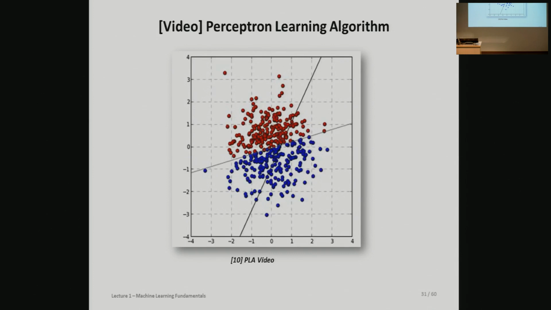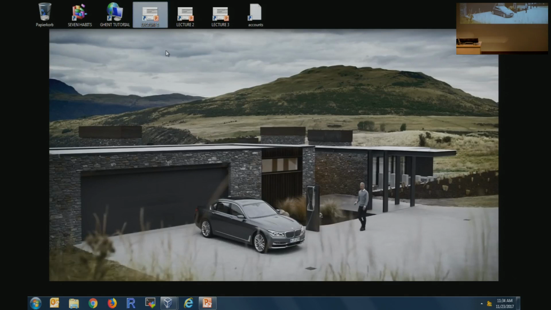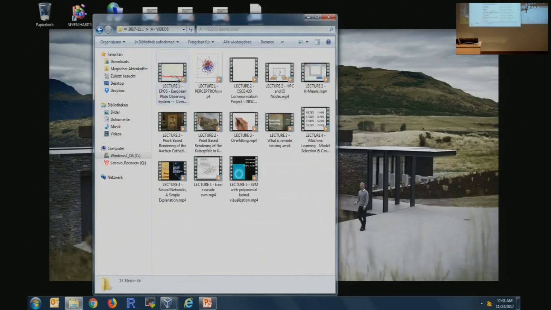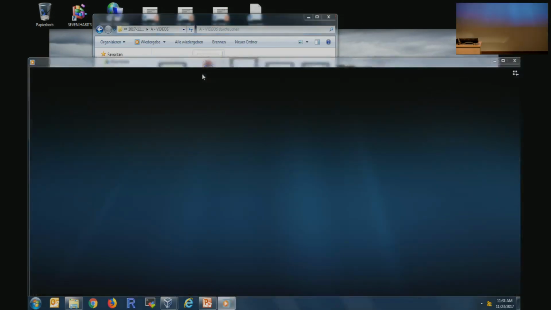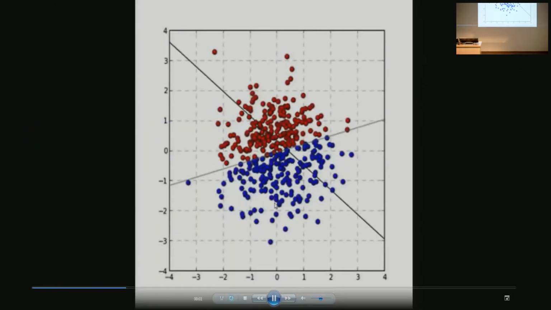so we have to talk about this separability a bit. Yet I want to show you a short video of how this perceptron learning algorithm works. Usually in my lectures I get very good feedback from my students that they like to have some videos in the lectures. And here you can see a little bit how that actually works, right?